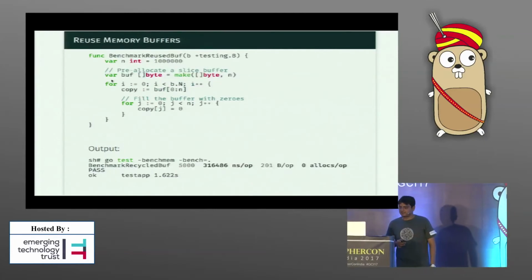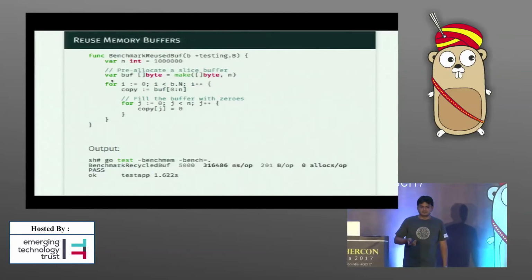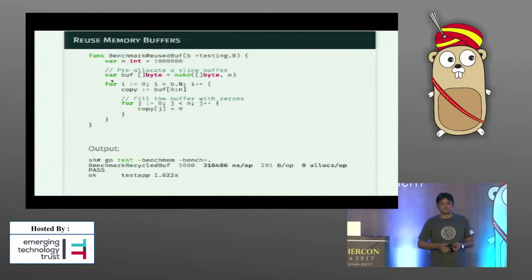Yeah, it's a very basic example. To correct this, I would probably recreate that variable outside of the for loop and recycle the buffer over and over again, right? And as you would expect now, there is zero allocation because I'm not doing any allocation inside the for loop. But the interesting thing is,